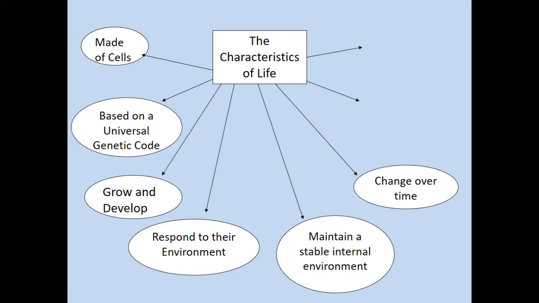Changes over time. This can mean that the organism gets larger. It can mean that the organism changes shape. But they are going to show some sort of change over time. For example, when one of the little whirly helicopters from a maple tree falls down and strikes dirt, that whirly helicopter changes into a maple tree over time.